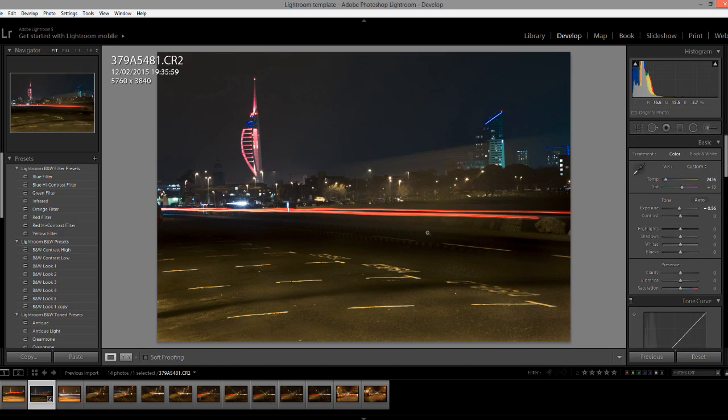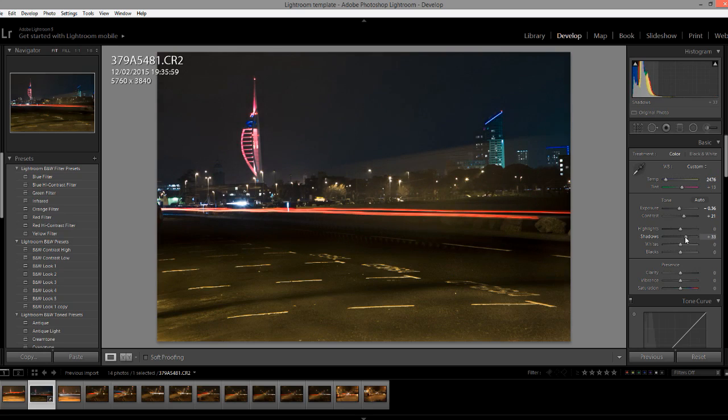Cool. Okay, so that's that bit done. So we've adjusted the temperature there, played with it a little bit. Contrast I will just push up a little bit to add a little bit more. Obviously you want this element here to stand out and you want that to stand out, so ideally that's where you want to focus your attention